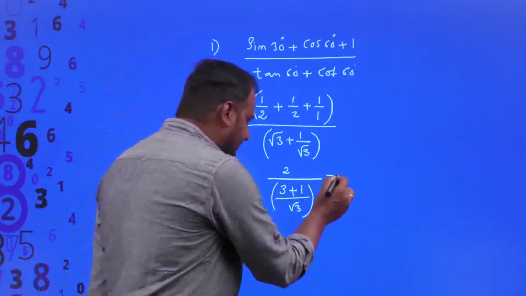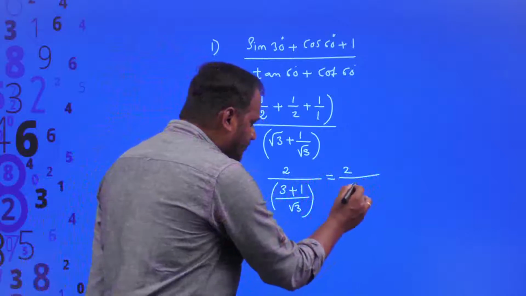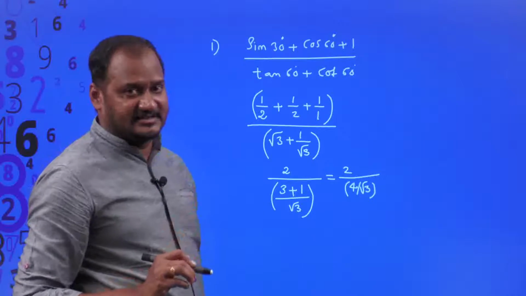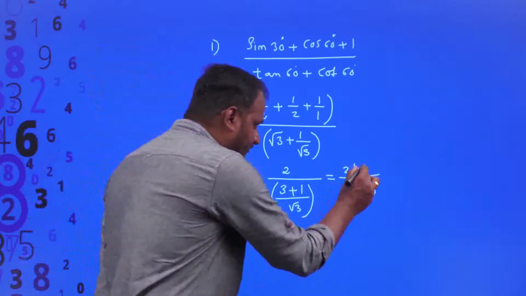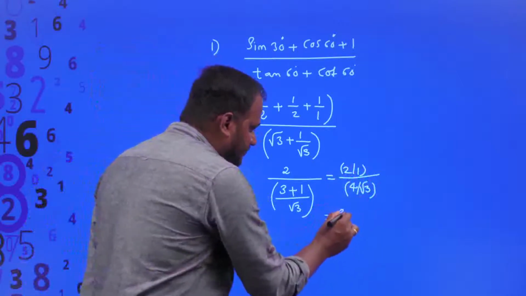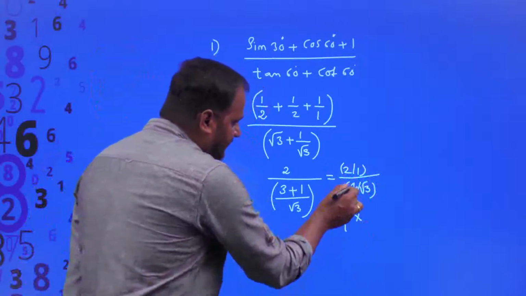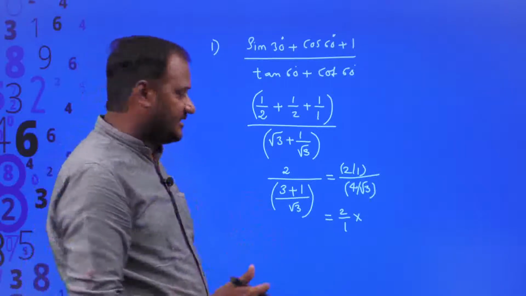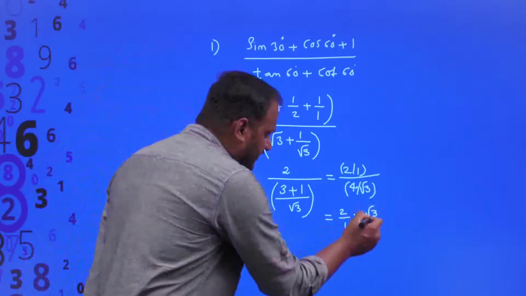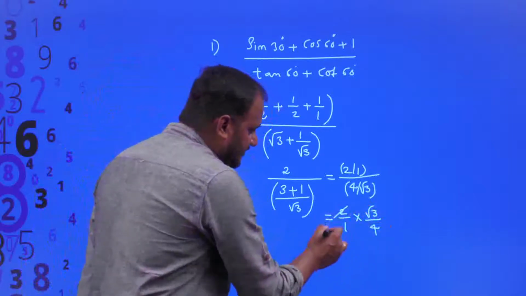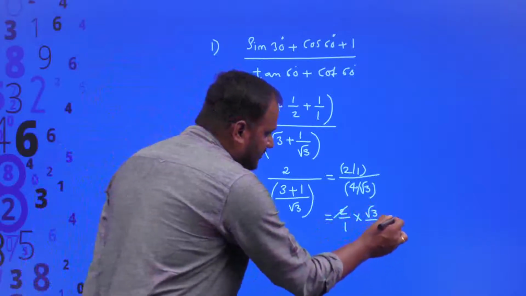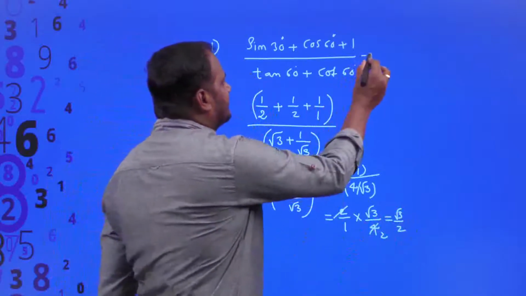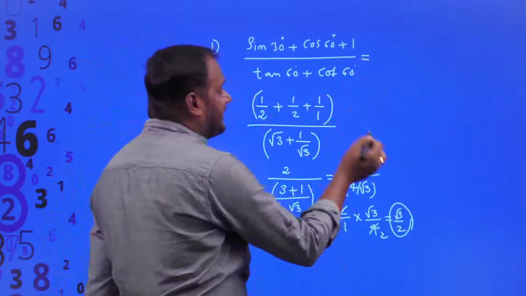Then you can write this as 2 divided by 4 divided by root 3. So you have a fraction in fractions, right? So 2 divided by 1 is the numerator, and 4 divided by root 3 is in the denominator. If you transpose it to the numerator, the fraction will be reversed, so that it is going to be root 3 divided by 4. So finally your answer is 2 ones and 2 twos, which is equal to root 3 by 2. And can you conclude this answer in terms of a trigonometric ratio?